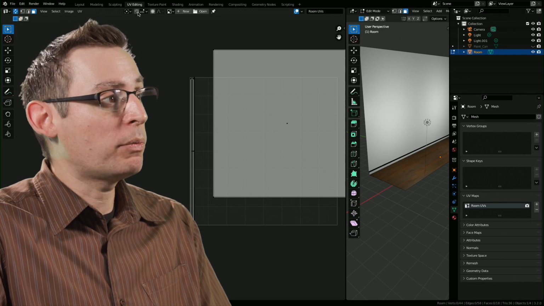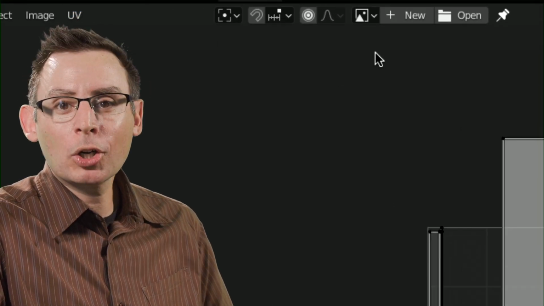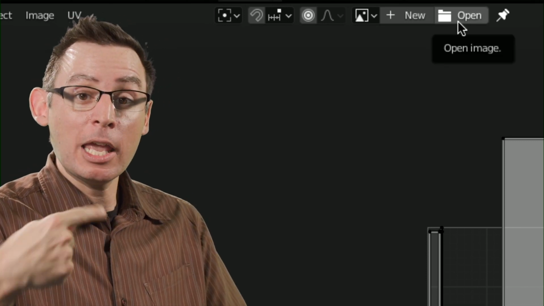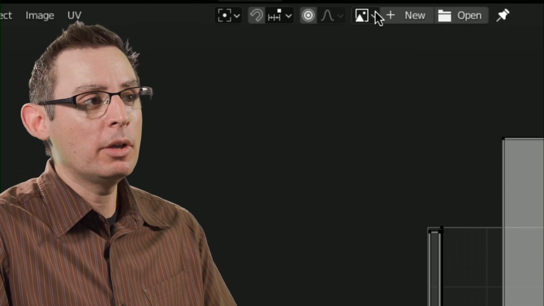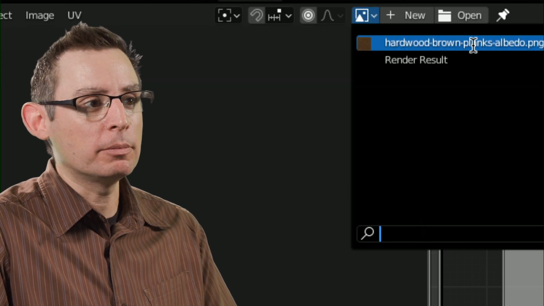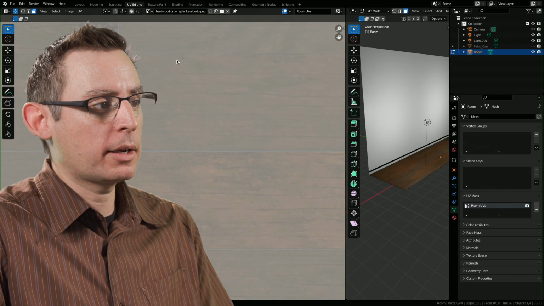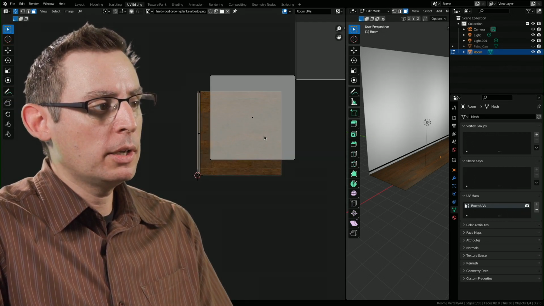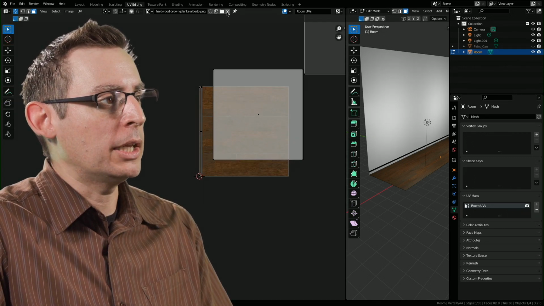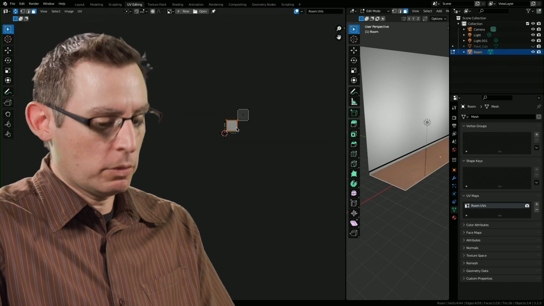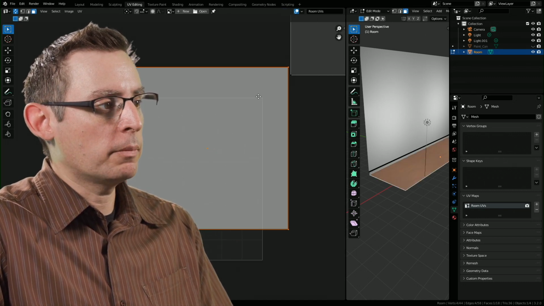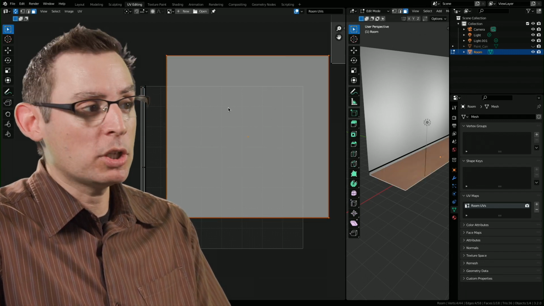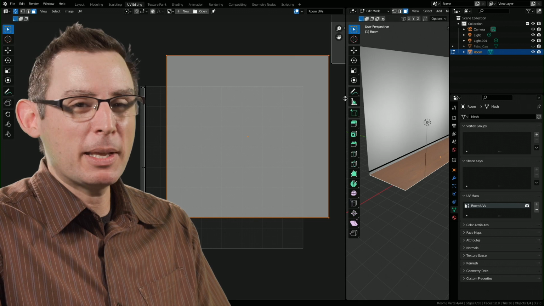At any time, if we want it back on, we just return to this exact same area. We don't need to open it. We need to access the image that's already associated with the material, and we can find that in this little pull-down menu. There it is, and we're back. Got it made real big, but it's back. So we get to turn it on and off, which is pretty cool. I'm going to delete it just for the time being, so I have a real good workspace here that I can see, because I want to be able to see my UVs and their relationship to each other. With that image in the way, it kind of makes it a little bit cloudy.